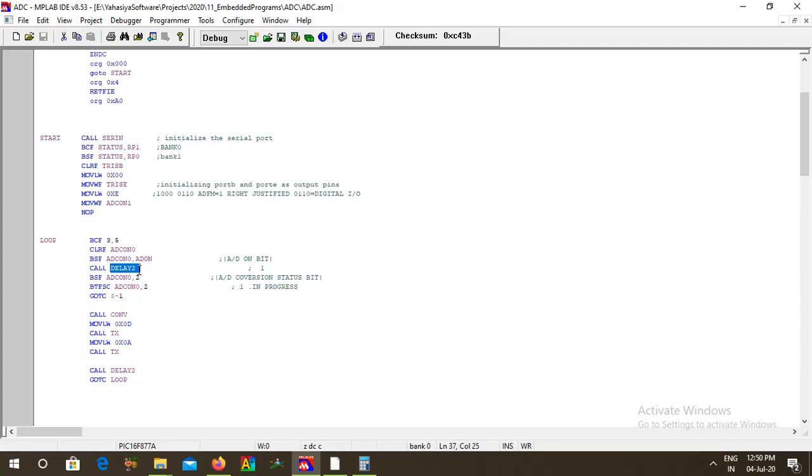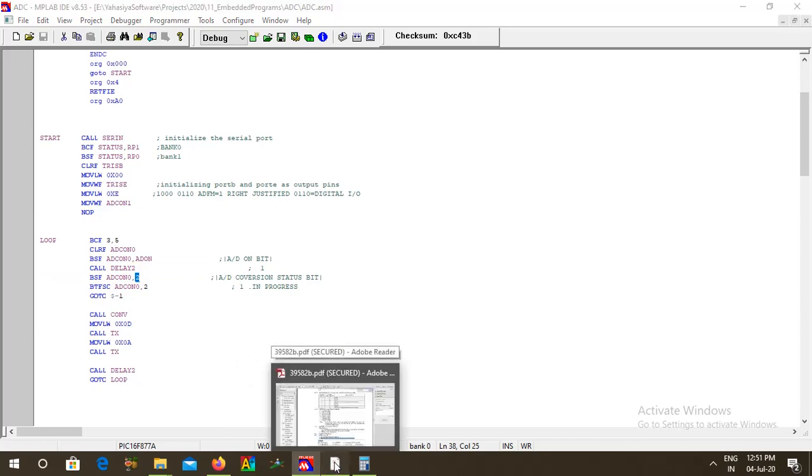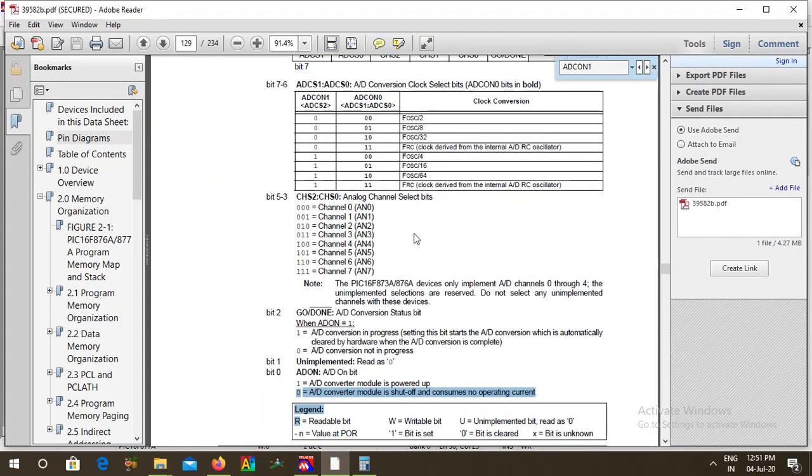Once that acquisition time is over, once the acquisition is done, we set ADCON0 bit 2. What is bit 2? That means GO, you convert it.